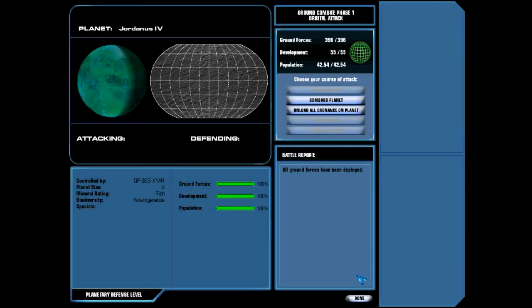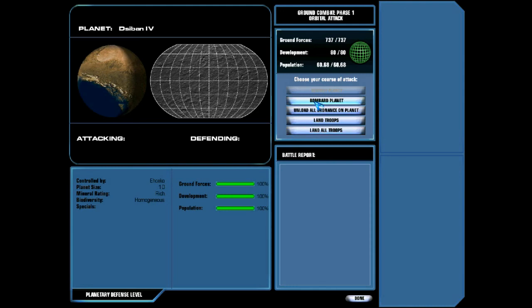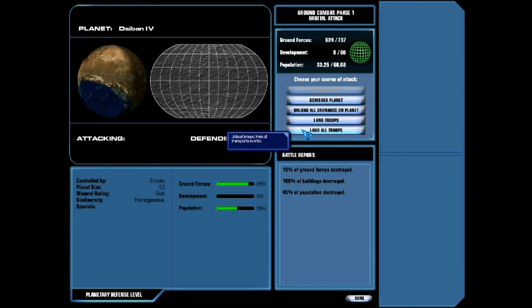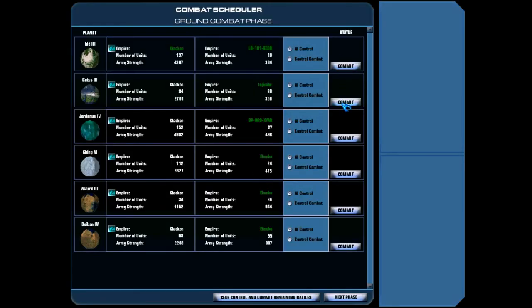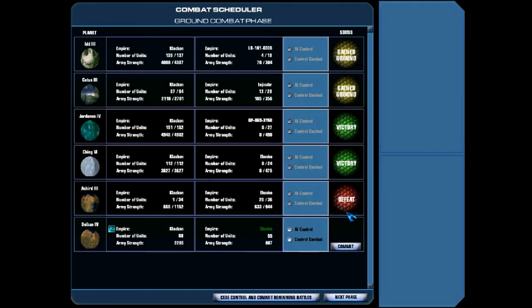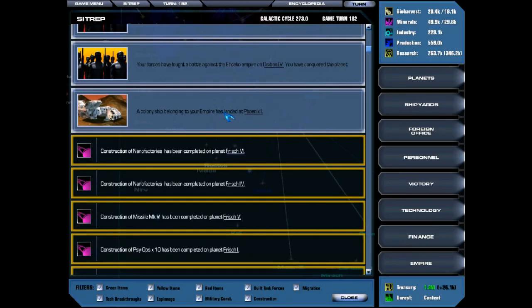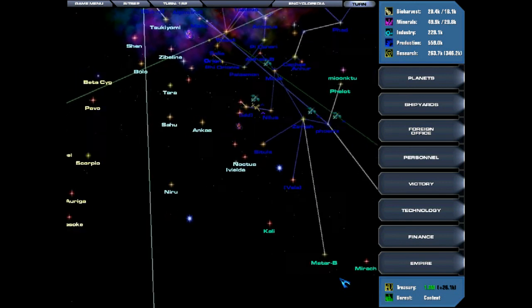Right, land all troops. And here we're going to control the combat. We're going to bombard the planet once. Then we're going to land all troops. We did knock out all the... I should really have just fully bombarded it. Halving it just meant I killed all the buildings off. Arcade, we failed to conquer that time. Mud planets are falling under our control, which is a good...